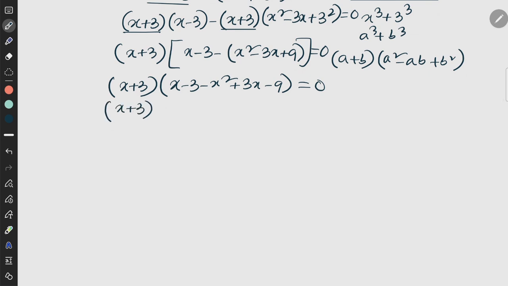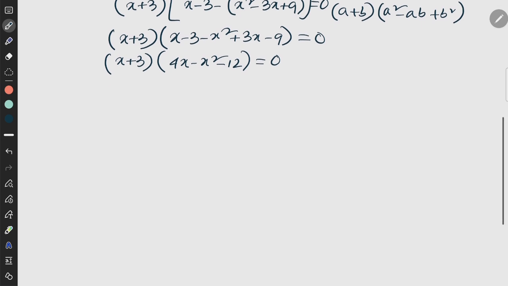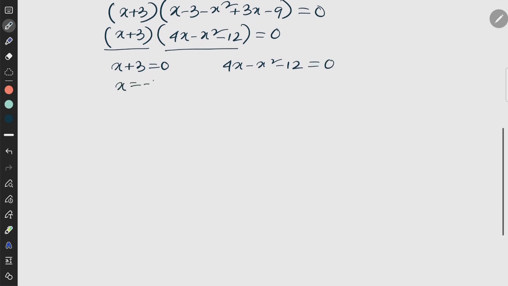x plus 3, then x plus 3x is 4x, minus x square, minus 3 minus 9 is minus 12, equals 0. Next, we know that if the product of two numbers is 0, we can write separately: x plus 3 equals 0 and 4x minus x square minus 12 equals 0. We can write here x equals minus 3, and here